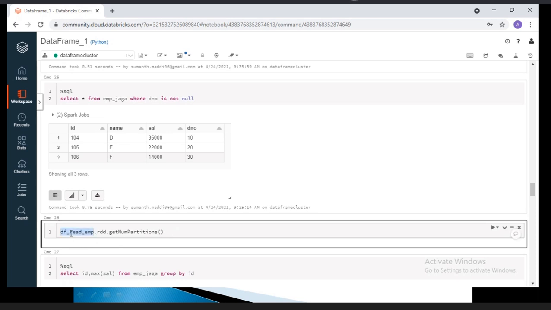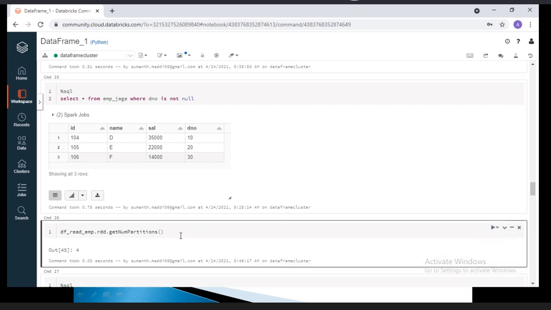Your data frame you're converting into RDD, and from RDD you're getting the number of partitions. Indirectly, your data frame is using how many partitions? Four partitions. These are also interview questions. How to get the partition value from the data frame? The data frame is converted into RDD.